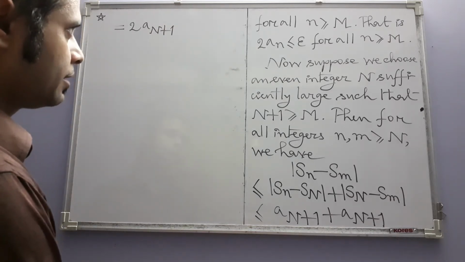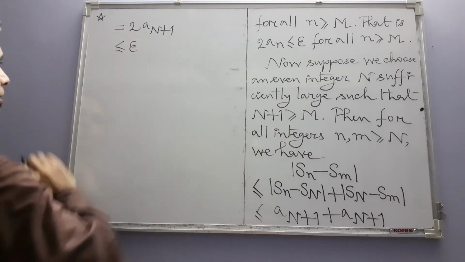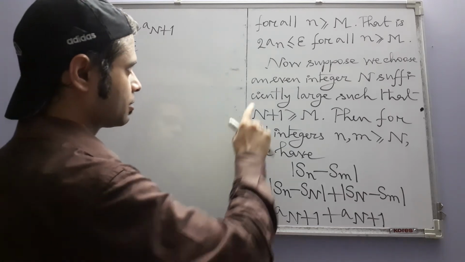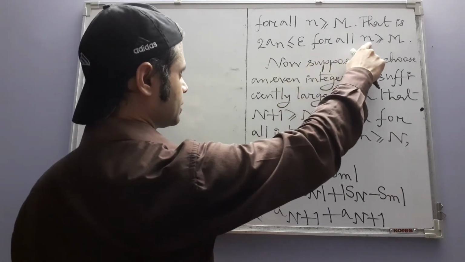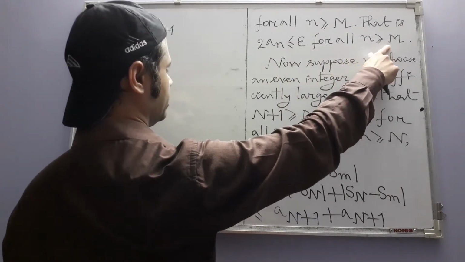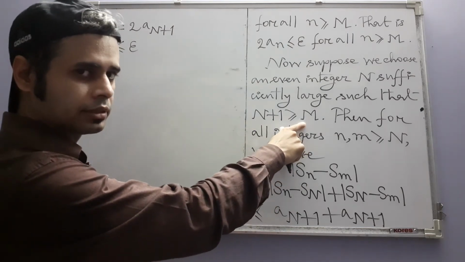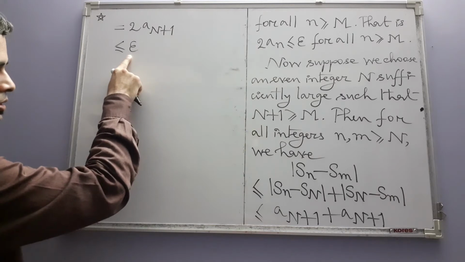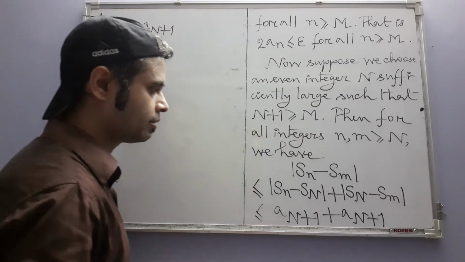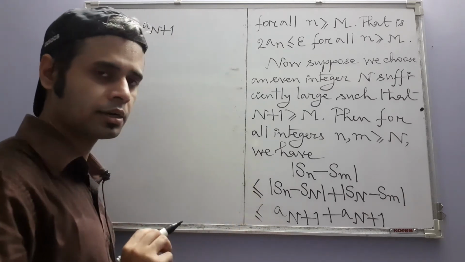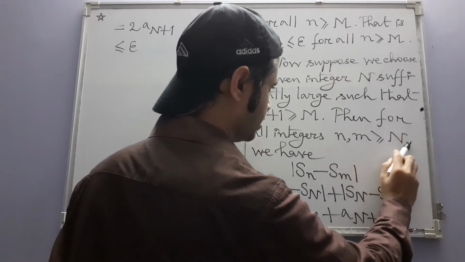Now 2 times a_{n+1} is less than or equal to epsilon. Why? Because here, what do you need for this to be true? That this suffix n be greater than or equal to n. Here our suffix is n plus 1, and that's how we have chosen things. So this also is less than or equal to epsilon. So what we have managed to show is that for any positive real number epsilon, there exists an integer n